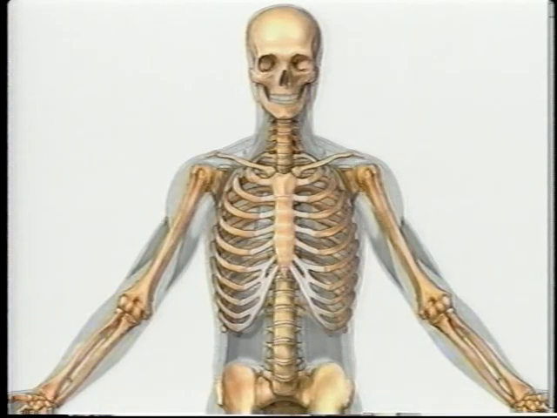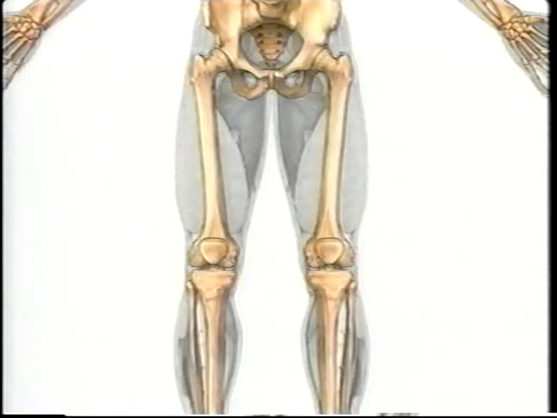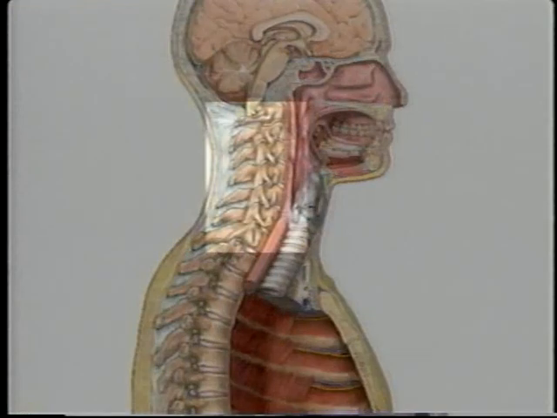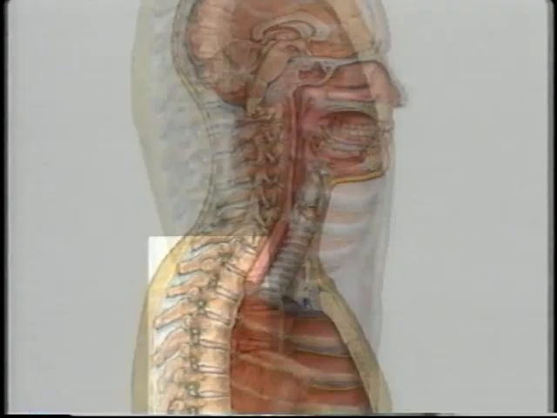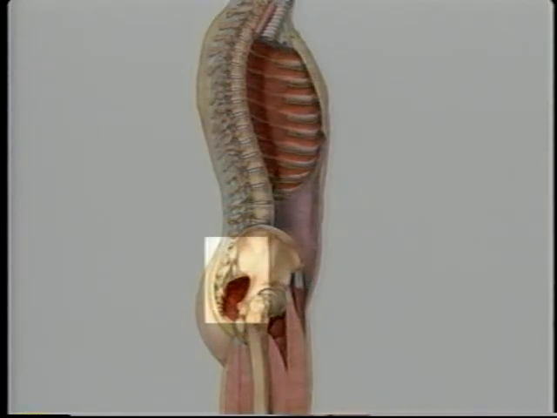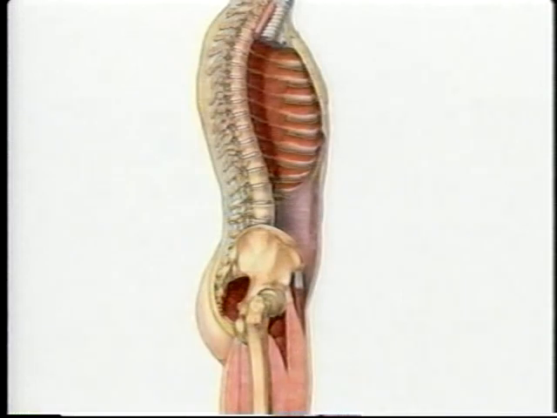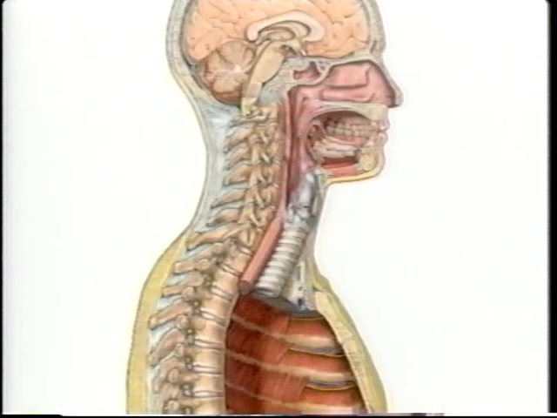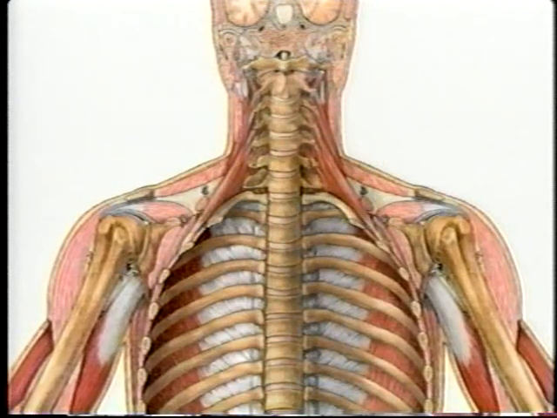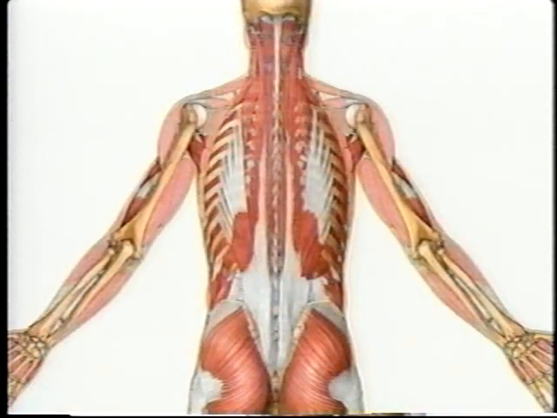The appendicular skeleton consists of the bones of the shoulders, arms, legs, and pelvis. There are 7 cervical, 12 thoracic, 5 lumbar, 5 sacral, and 4 coccygeal vertebrae in the spinal column. The atlas and axis are the first and second cervicals that allow rotation and angulation of the head. Articular surfaces, where the vertebrae interface, are protected and held in place by parallel running ligaments on all sides of